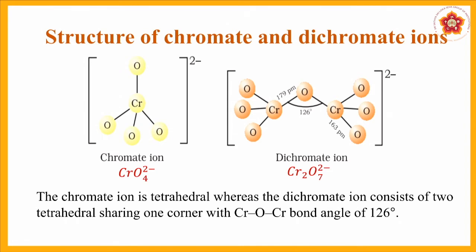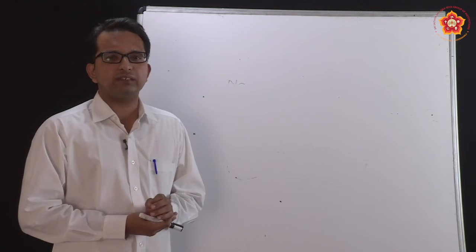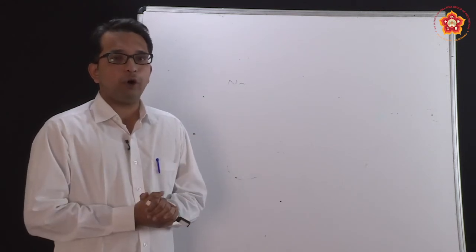So, that is not tetrahedral. The dichromate ion is more like a bridge structure where the 2 potassium ions, K+, will stabilize this entire content. So, seeing these structures, we can now analyze the various uses of this potassium dichromate compound for our